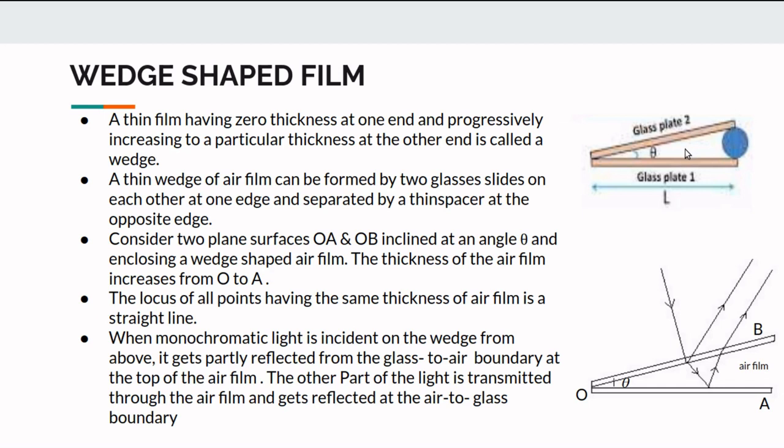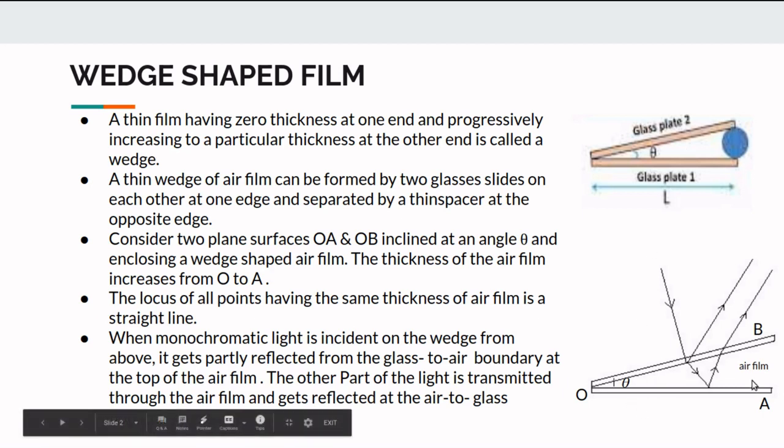Consider two plain glass plates OA and OB inclined at an angle theta, enclosing a wedge shaped air film. These are the two glass plates. This is the air film enclosed in between these two glass surfaces. At different points, the thickness of the air film is different. In between these two glass plates, the locus of all points having the same thickness of the air film is a straight line. When monochromatic light is incident on this combination,